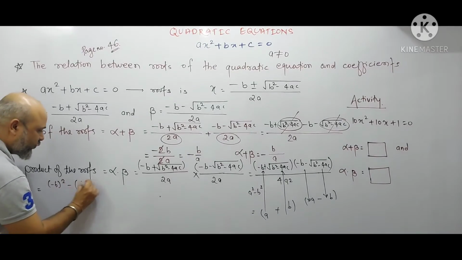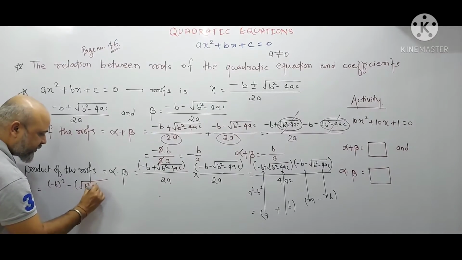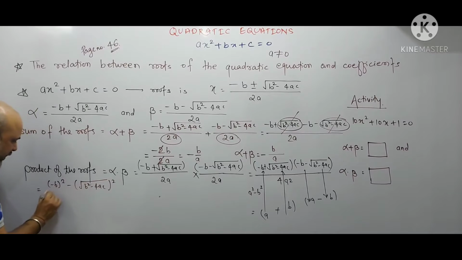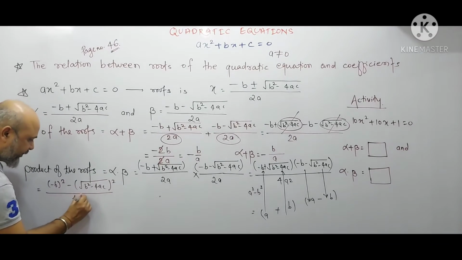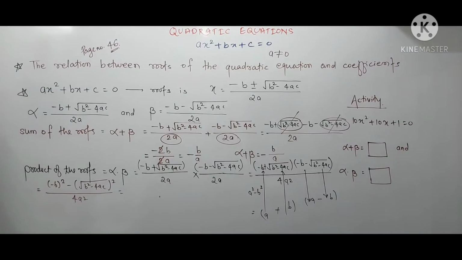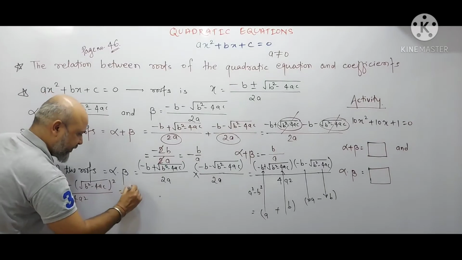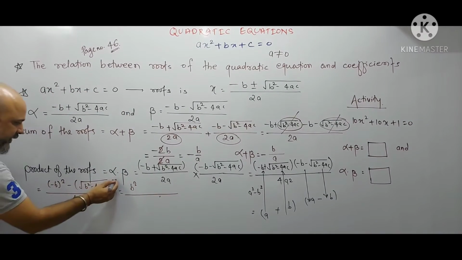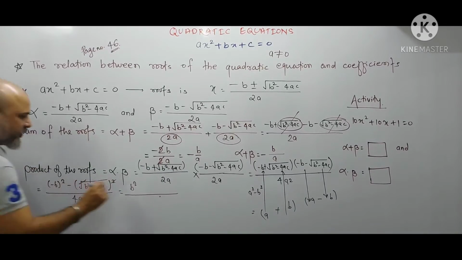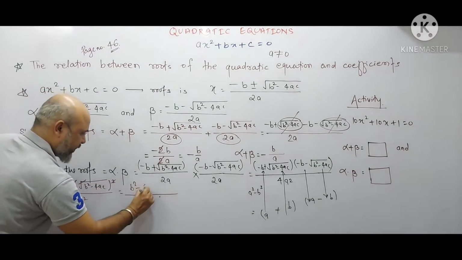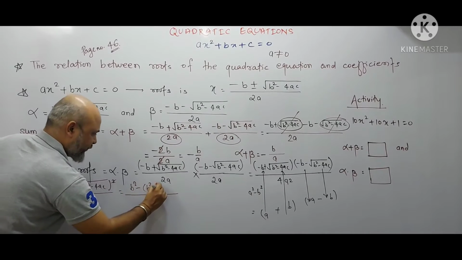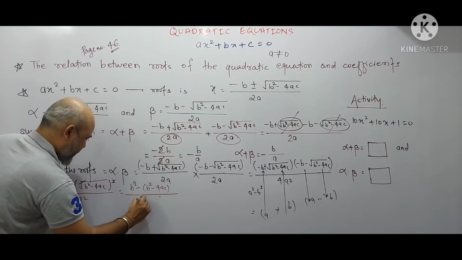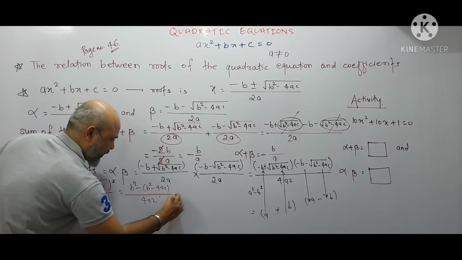What is b? Root b square minus 4ac the whole square and whole divided by 4a square. Okay. Now this is equal to. Now what is minus b square? Minus b square will be plus b square. Okay. Minus b square is plus b square. This square and root will cancel out and minus b square minus 4ac divided by 4a square, and which is